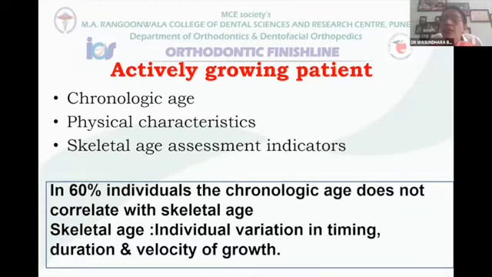So why is skeletal age important? Because every individual shows variation in timing, variation in growth duration, and variation in growth velocity. And therefore, we need to assess the skeletal age. Now, how do we assess the skeletal age? You have an OPG. On an OPG, apart from looking at the ramus height,